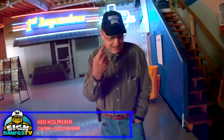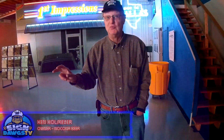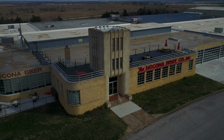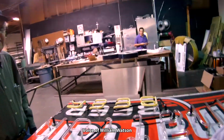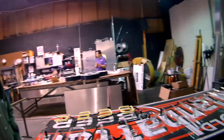I have a brewery up there, Nocona Beer, at the old Nocona Boot factory. We're trying to get that redone, and I'm trying to think about inside of my brewery having a Nocona Beer neon sign made. The neon is pretty uncommon. There's very few people anymore that still do it. I've maintained my neon plant, but to my knowledge, I can only think of 3 more in the whole DFW